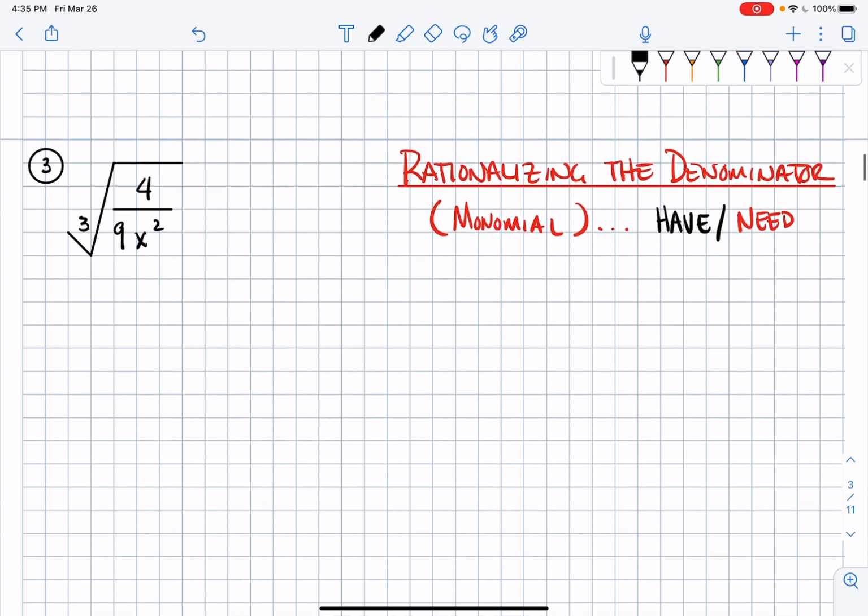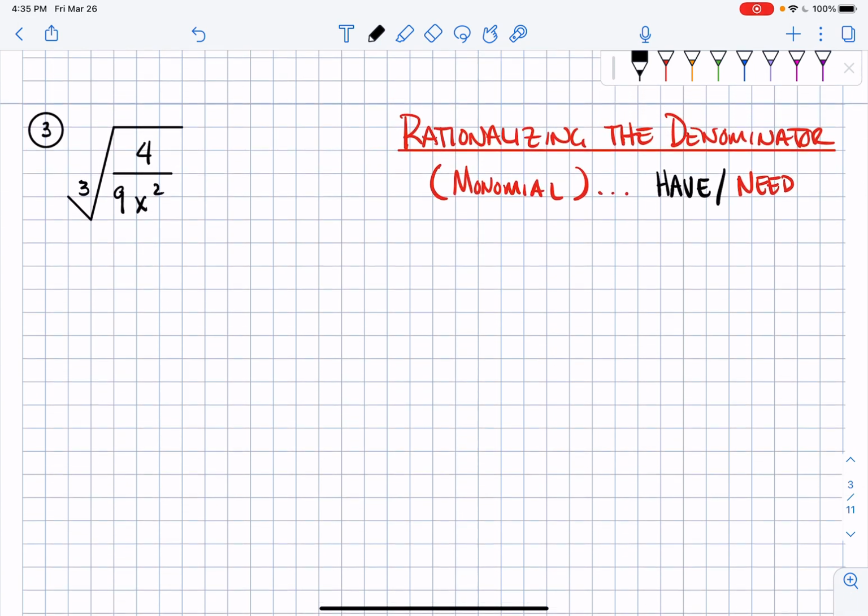Number 3. Ooh, rationalize the denominator with monomials. So we talked about haves and needs. Let's call it haves and needs. Okay, so one of the things we did right off the get-go was to split these 2 things here. So we actually have the cube root of 4